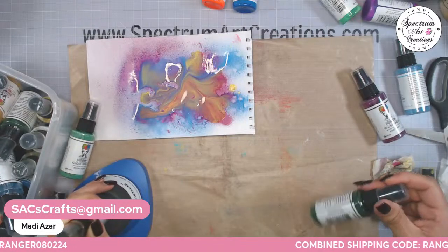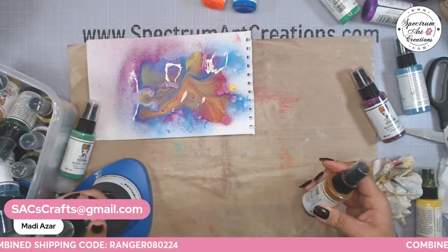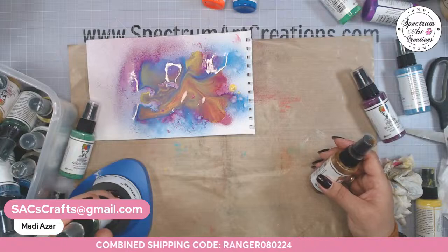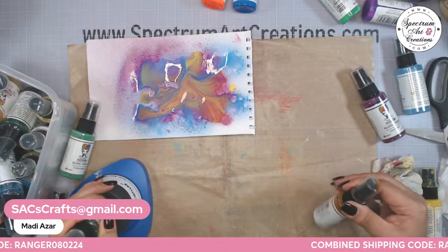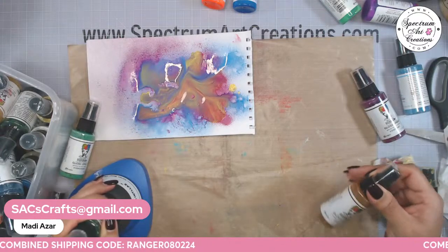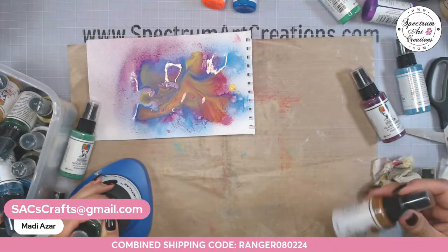They dry shiny, so not shimmery. They don't have, God, what am I trying to say, pigment or, yeah, the powders. They don't have any of that shiny stuff. Oh, somebody in chat said it. Mica, thank you. They don't have mica powder, so they're not going to dry with shimmer, but they are going to dry with a shine